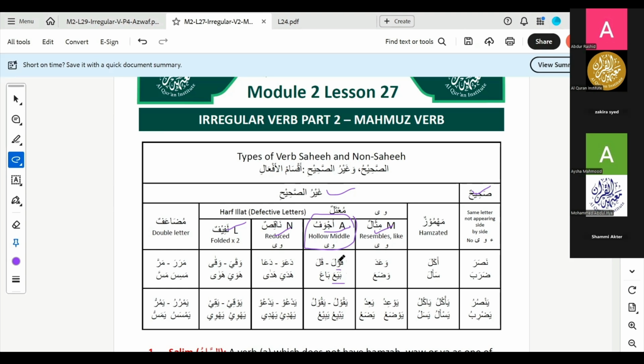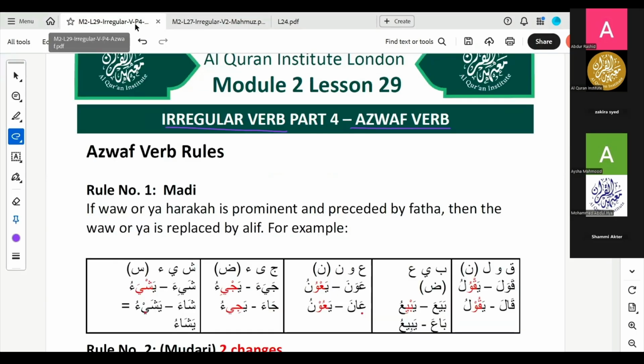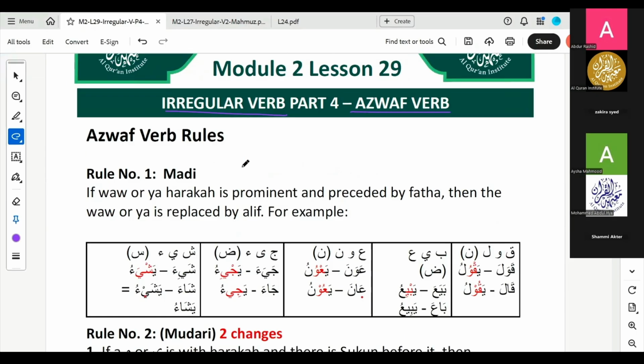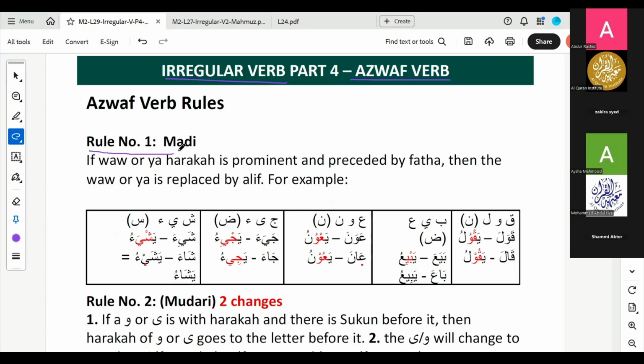So because the middle root letter is weak, this is why it is called hollow, ajwaf. So now let's go through step by step all the rules and the ta'lil process of the ajwaf verb. So the first rule is on the madi side: if waw or ya harka is prominent and preceded by fatha,